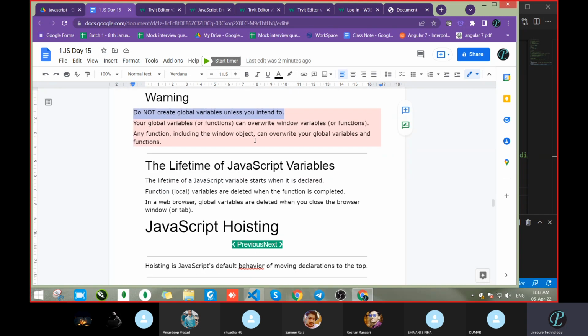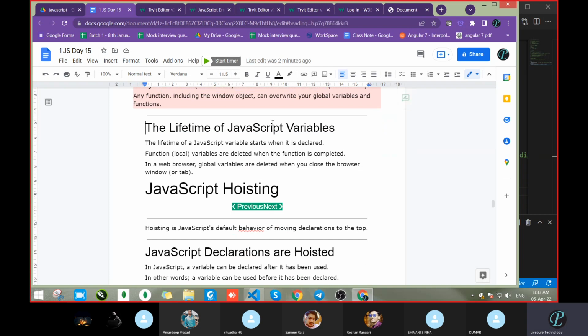That's why your global variables can override or throw an error to the other variable. And the lifetime of a JavaScript variable: if it is a local variable, the lifetime will be inside the scope itself. If a scope got executed, the lifetime got finished. If it is global, it will last for the complete page. So whenever execution started, the lifetime will get started there itself.